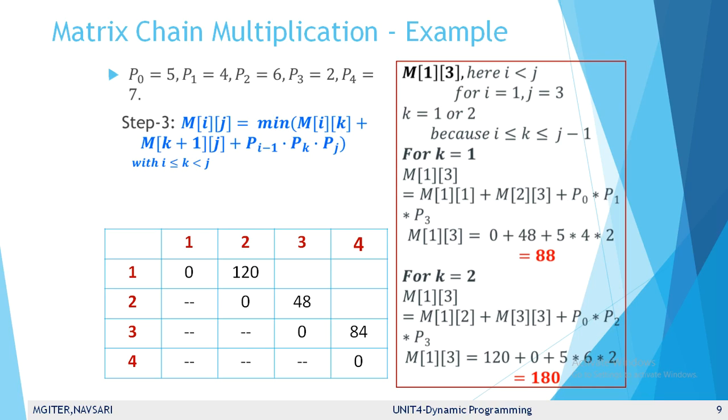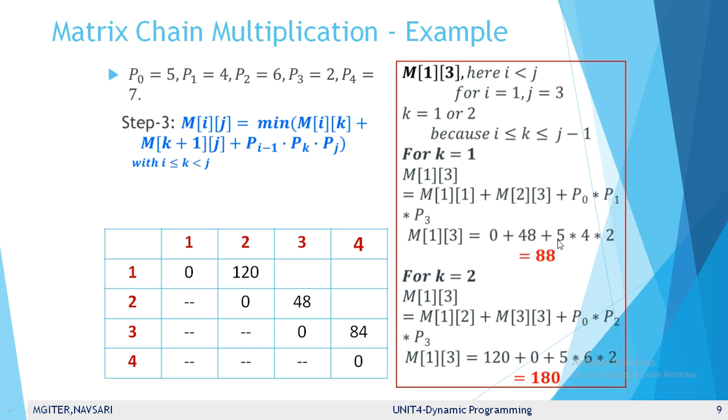So P1 into P3, value of j is equal to 3. So M of 1 3 is equal to M of 1 1 plus M of 2 3 plus P0 into P1 into P3. So M of 1 1 is equal to 0, and M of 2 3 is equal to